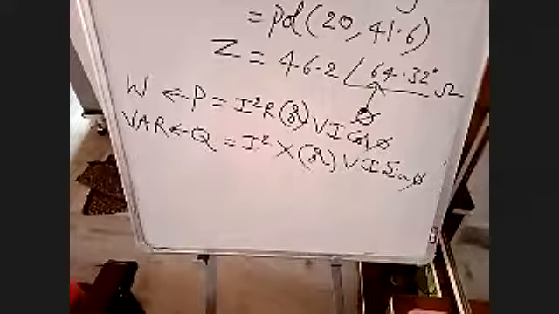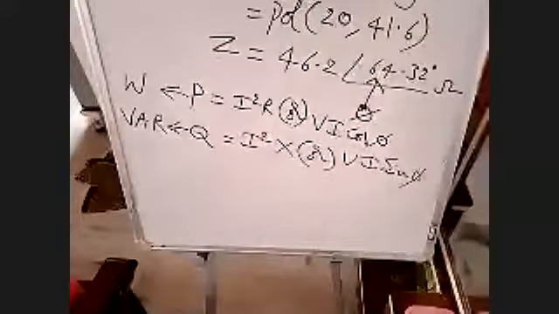In your problem, I don't know the I value. Do you know the I value? No. Have they given the I value? No. You have to calculate the I value. In your problem, I is not given. We have to determine I, because in this formula we want the I value. How will we get the I value?